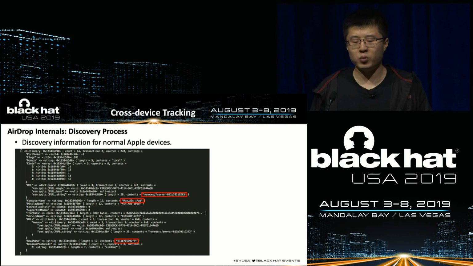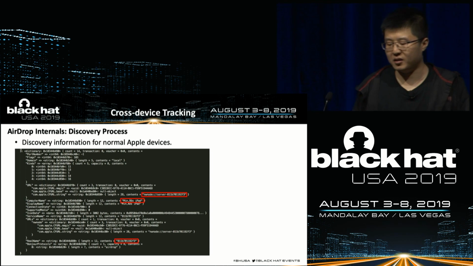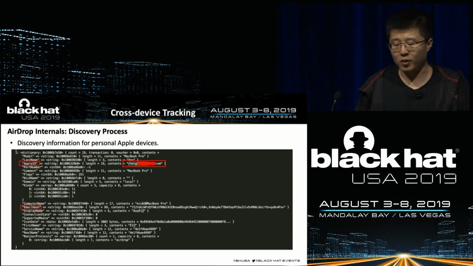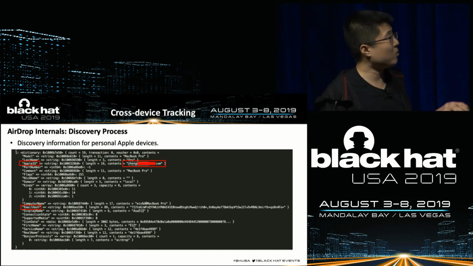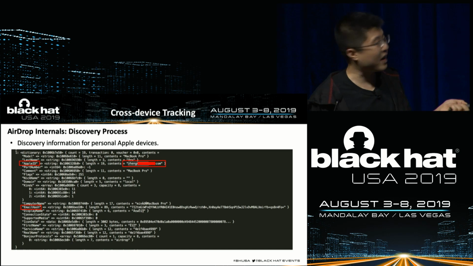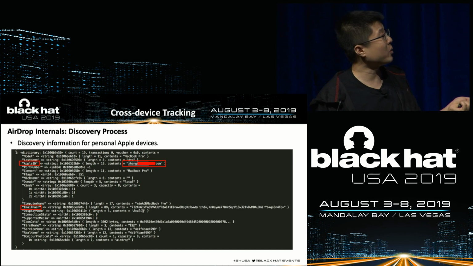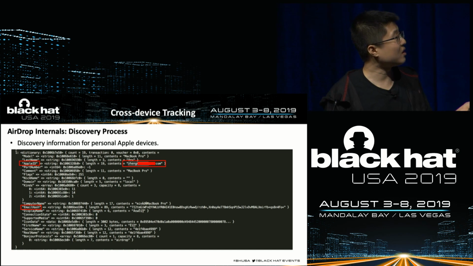By analyzing the protocol of AirDrop, we can find that the AirDrop agent discovers lots of personal information like flags, computer names, service names, and network node addresses. Moreover, for personal devices with the same Apple ID, the AirDrop agent also collects sensitive information. For example, from the picture you can see it collects the Apple ID username, which is the email address, and the email hash as well.